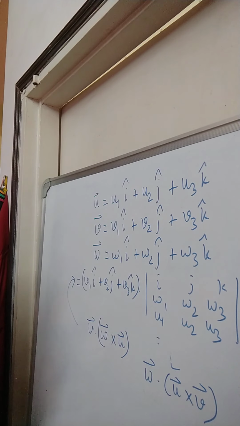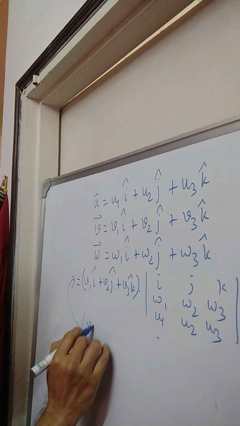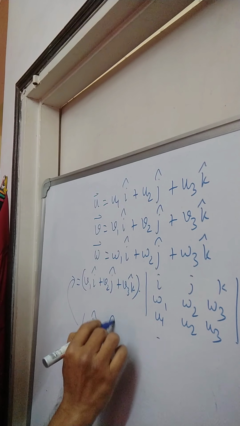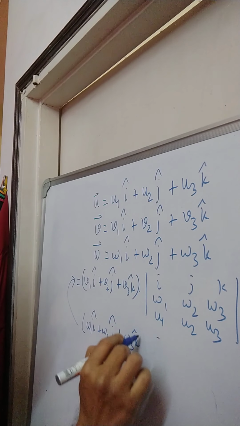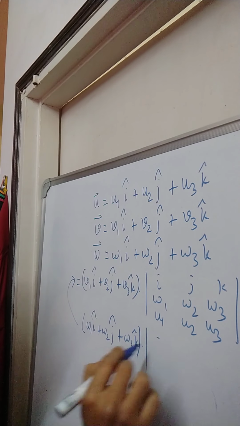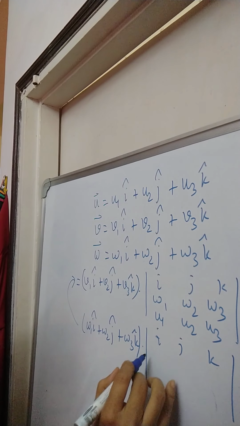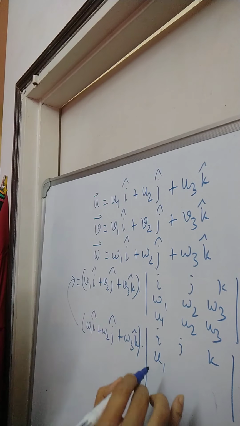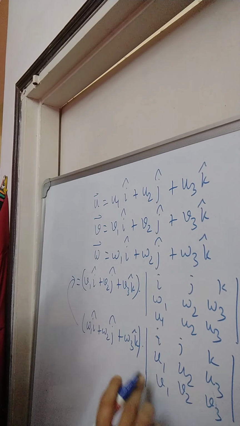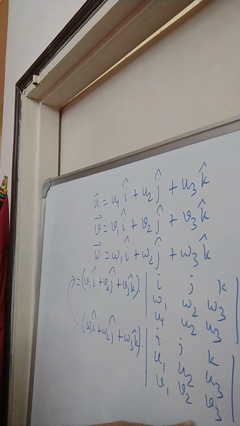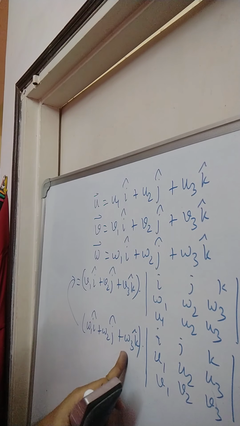This is nothing but W1 i cap, W2 j cap, W3 k cap, dot the determinant with rows i j k, U1 U2 U3, V1 V2 V3, because there was U cross V written here. This will be W1 into U2 V3 minus U3 V2, then W2 into U3 V1 minus U1 V3, and W3 into U1